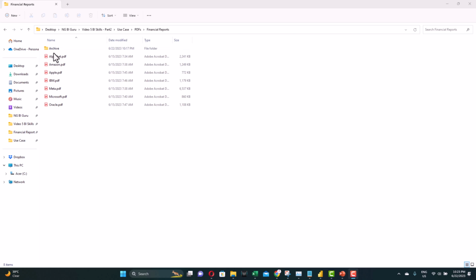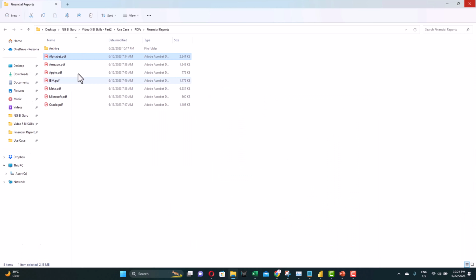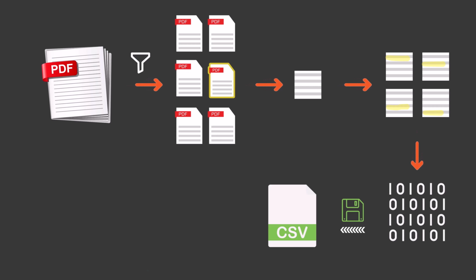Now, if we try to see one of those reports, you'll find that they are big PDF reports. For example, Alphabet is 136 pages, and all the other reports are the same. In total, we have around 800 pages we need to go through. What we're going to do here, we'll use Python to go through all of these pages and find the topics related to COVID, pandemic, extract all the text from there, and also extract the pages containing those paragraphs and highlight them. Finally, export those PDFs into a format that we can view in Power BI.